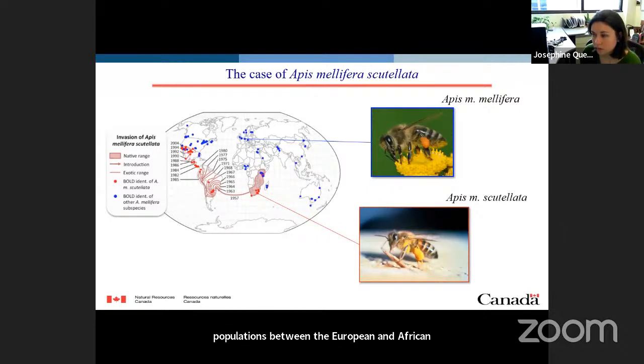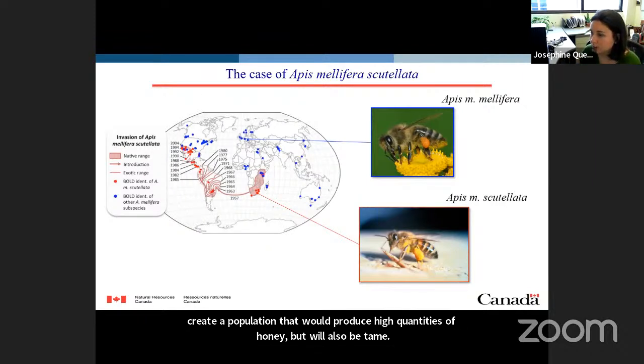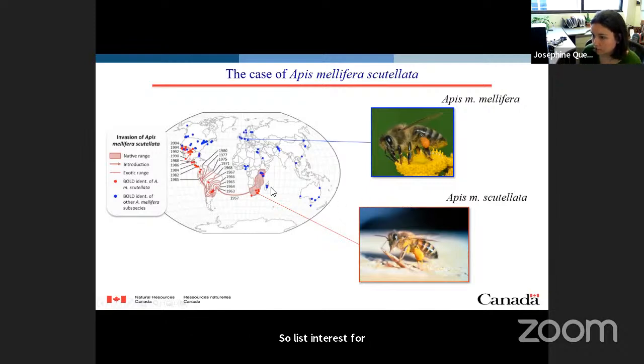to create a population that would produce high quantities of honey, but would also be tame, so less dangerous for honey production at high temperatures. But that's not what happened. The African honeybee escaped from the lab and then started spreading across South America very rapidly. And through competition, and because it was better adapted to warm climates, the African honeybee displaced the European honeybee very